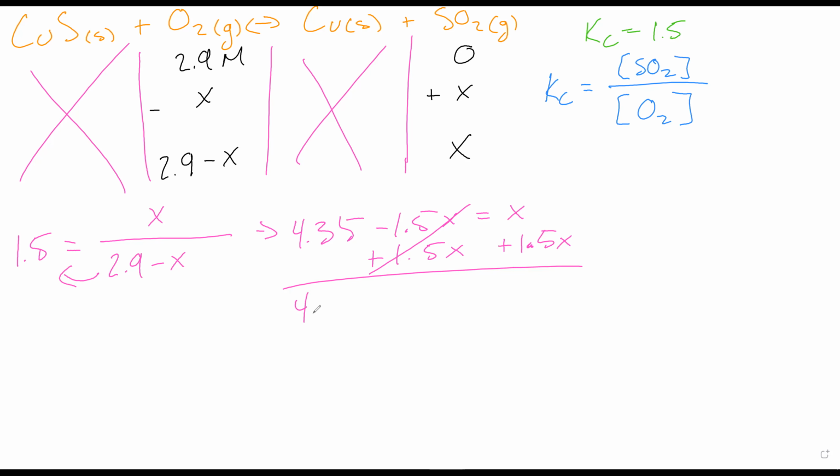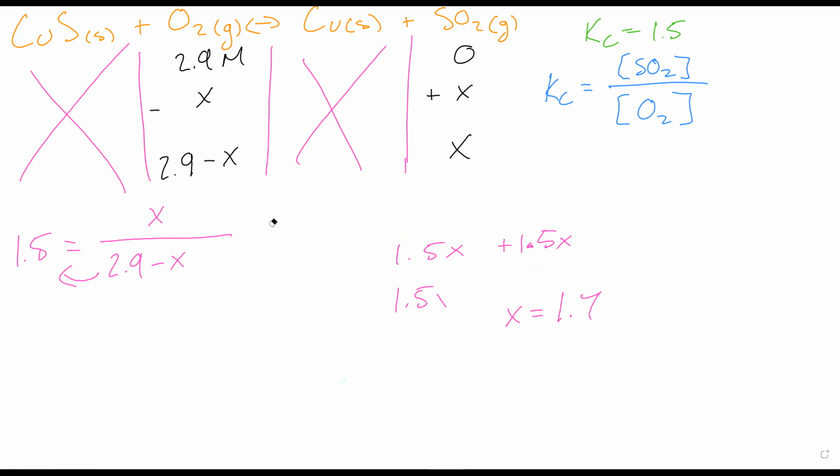Simple algebra. 4.35 equals 1.5x. Divide both sides by 1.5. X equals 1.7. Rounded to 2 sig figs here because I just did. Anybody confused on all that math? No, it's pretty simple. All right, so let me erase all the in between then,